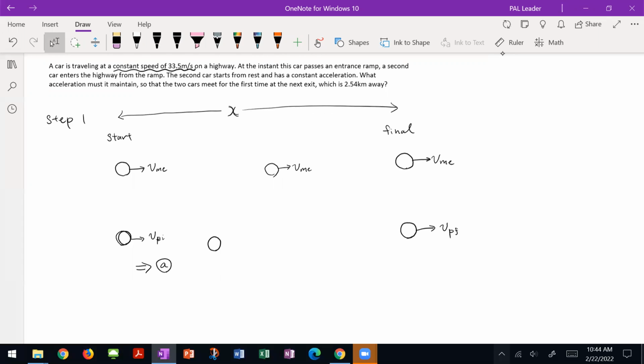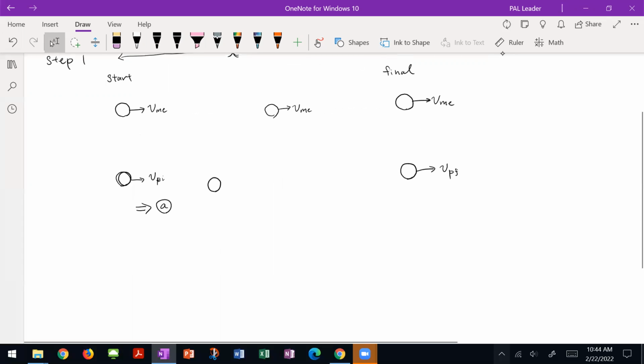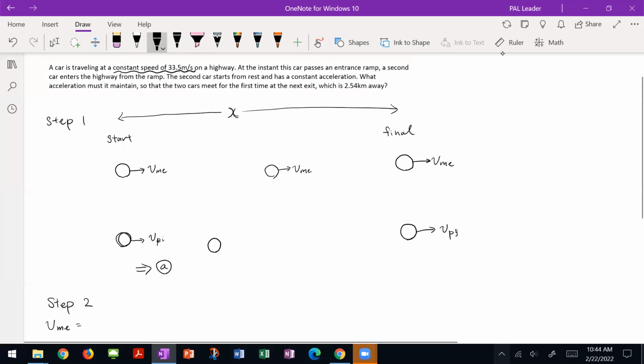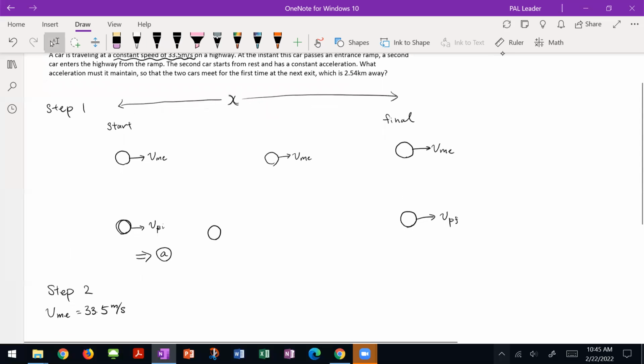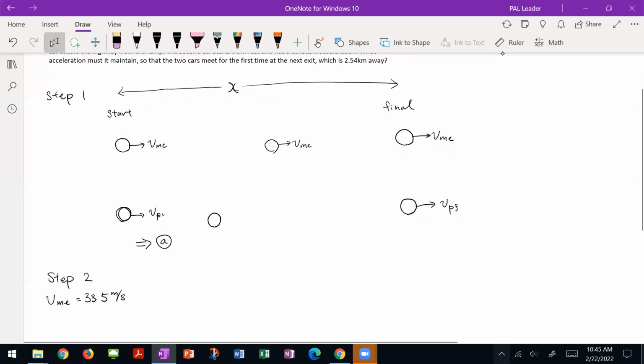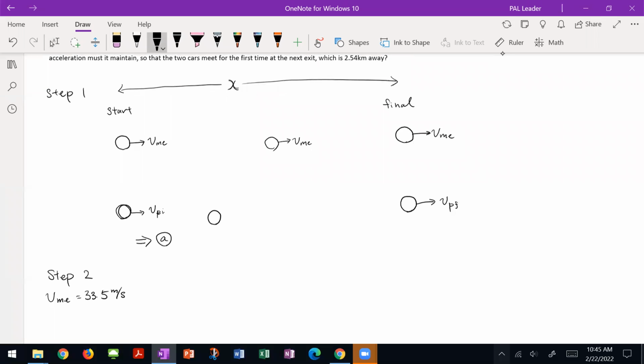What else do we know? Let me write my step 2 here to organize. So velocity of me, that was 33.5 meters per second. And our displacement, the overall distance we travel, is